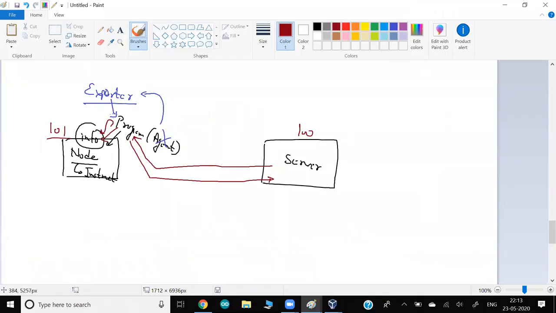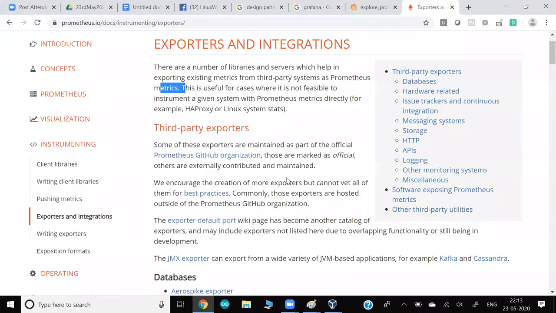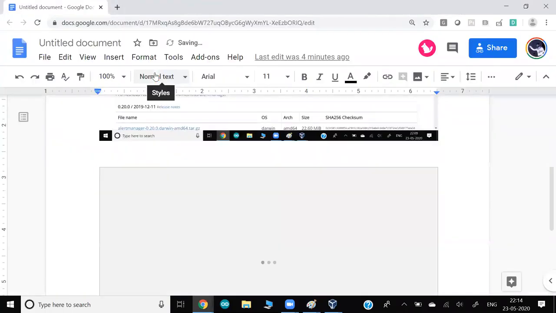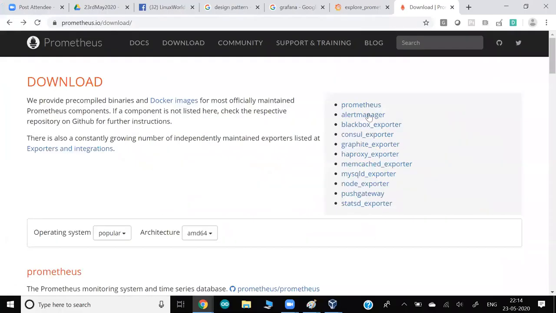But right now my plan is to go for node information collecting for monitoring. So I am going to install one exporter, or the agent program, called node exporter. If you search here, you might find some node exporter. Let me share this list with you. If you go to the first page also, here they show you some of the main exporters that we use a lot.